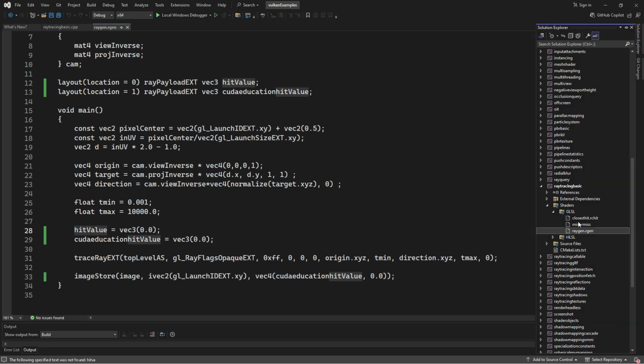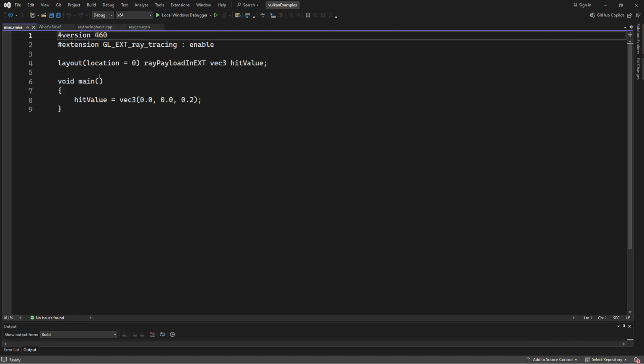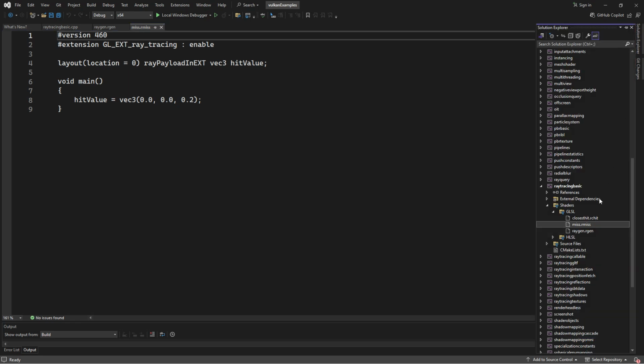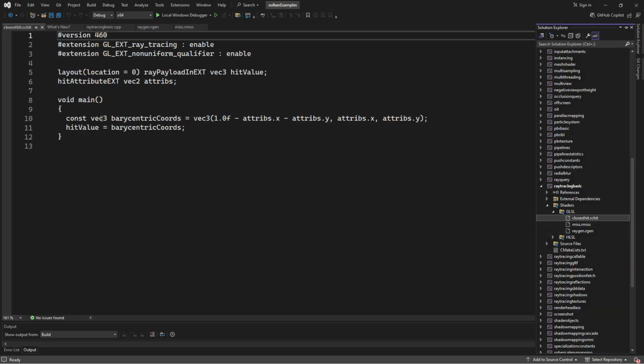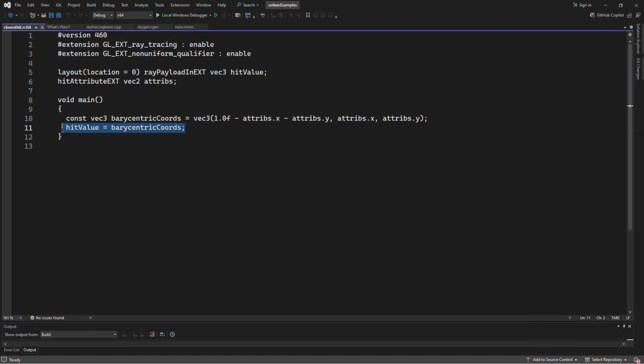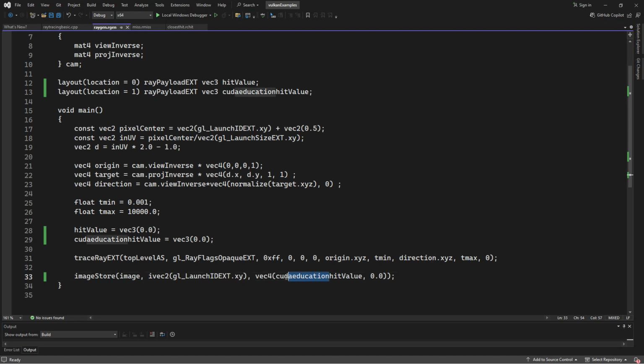So if we go to our miss shader, notice that it's updating hitValue, but we have CUDA education hitValue. So this image store function is only looking at